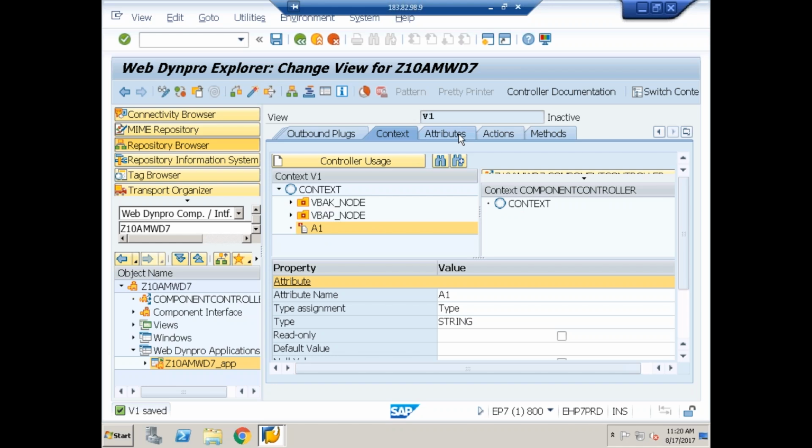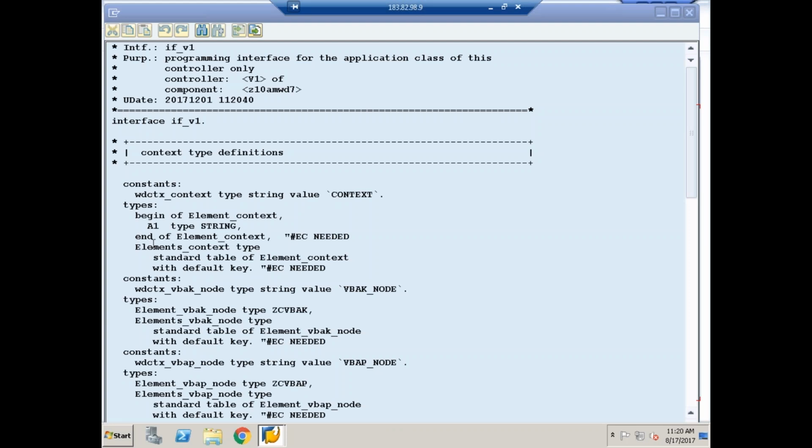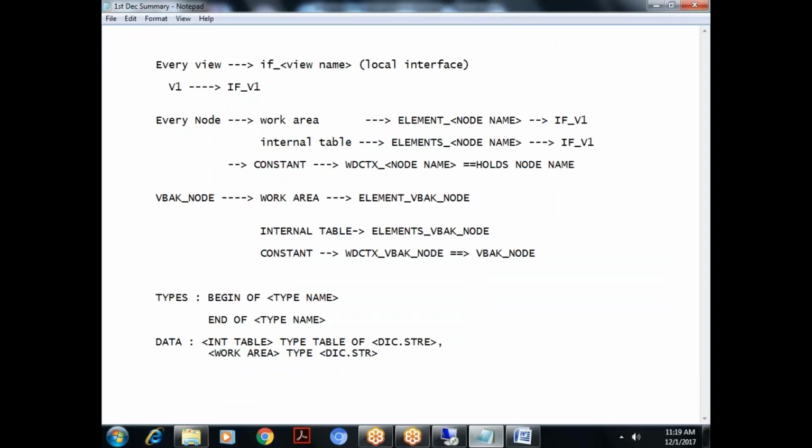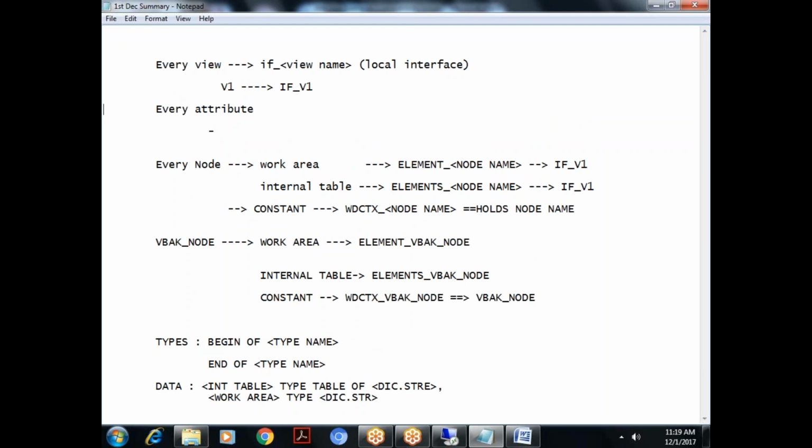Where to check? In the local interface. Double click on the local interface, check it. Yes. What is there? One types. What is the type name? Element underscore context. Under this, what is the attribute name? A1 type string. So what is the understanding now? This is for every node, right? And for every attribute that gets created,